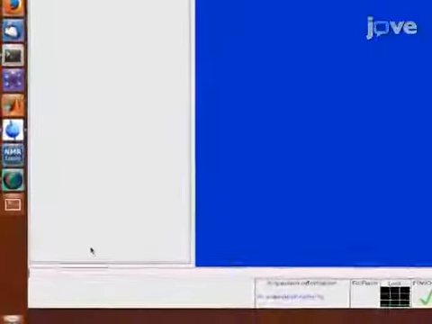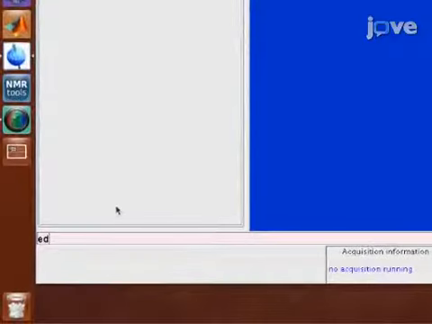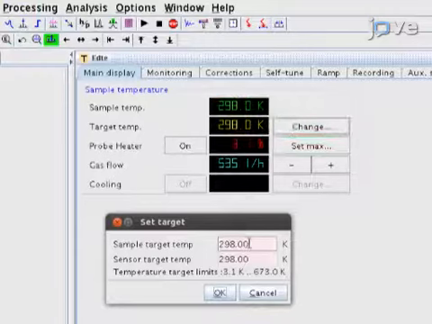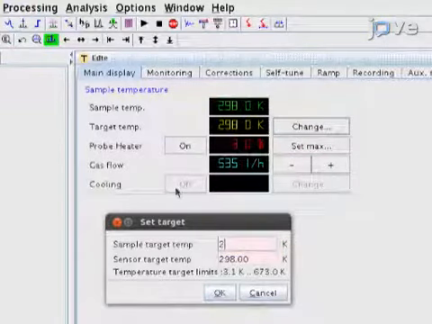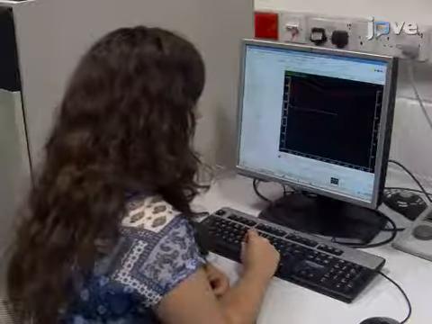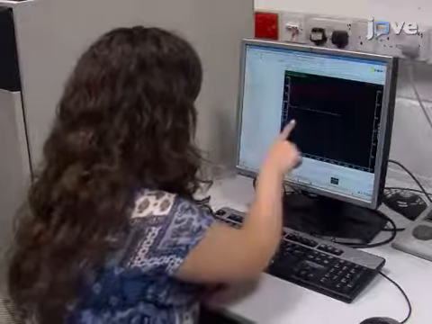Once the sample is in the magnet, type EDTE in the command line. Change the temperature to the first selected temperature to carry out the experiment. Let the sample stabilize at the chosen temperature for at least 20 minutes. Perform a one-dimensional